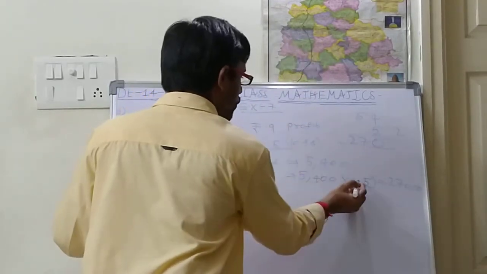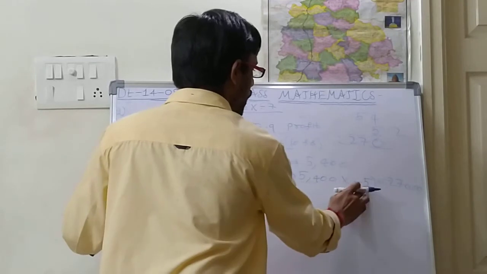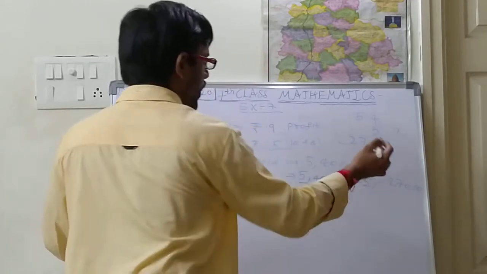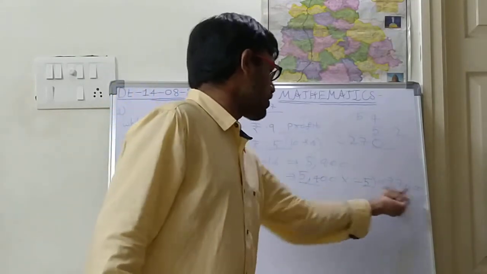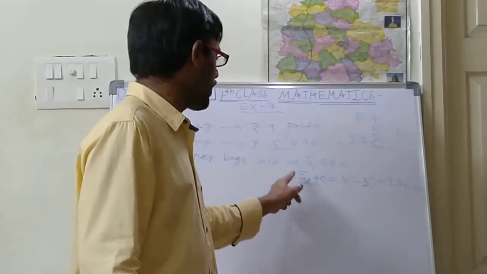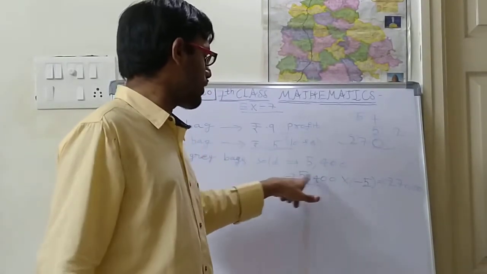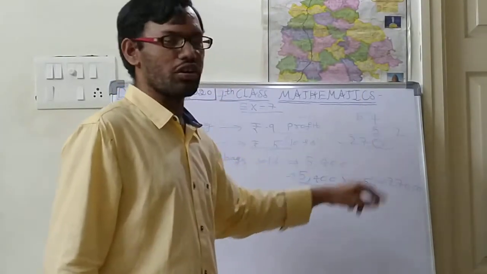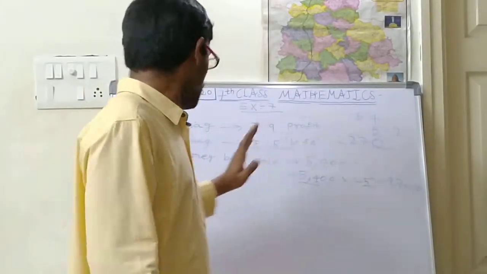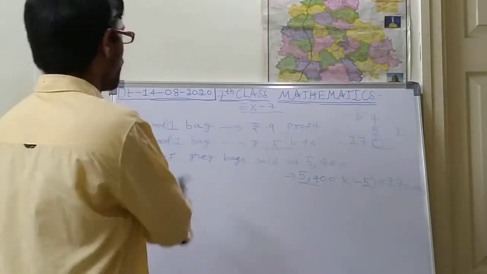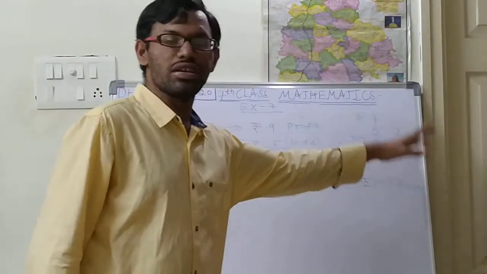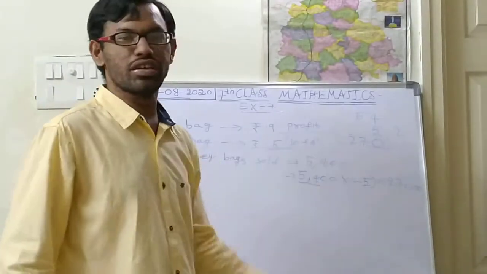Next plus into minus. So first do 54 into 5, then afterwards add zeros. How many zeros are there? That many zeros you add there. And you see the symbols also. Plus into minus, so minus 27,000. So if the number of grey bags sold is 5,400, then a minus 27,000 loss has come.